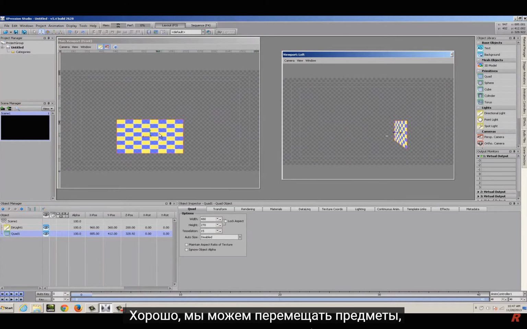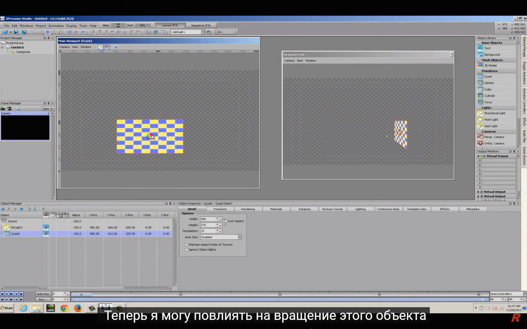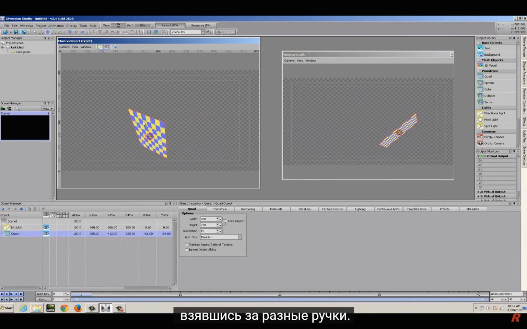All right, so we can move objects around, like I said, by holding down the control key or using these movement tools. There's also a tool for rotation. So if we select the rotation tool, I can now affect rotation on this object by grabbing the different handles. I can also affect scale,